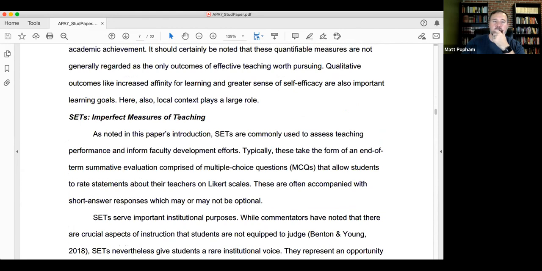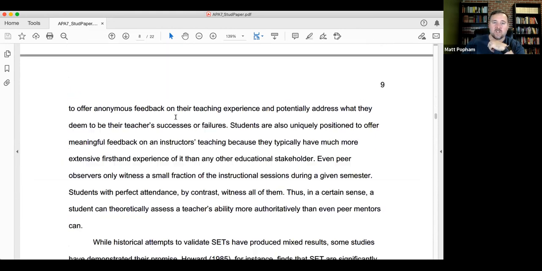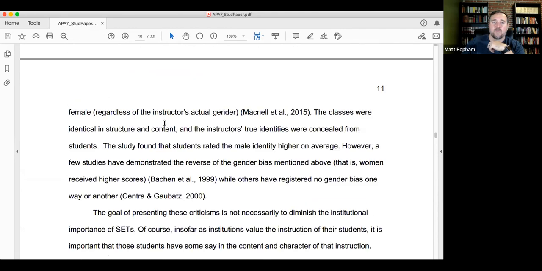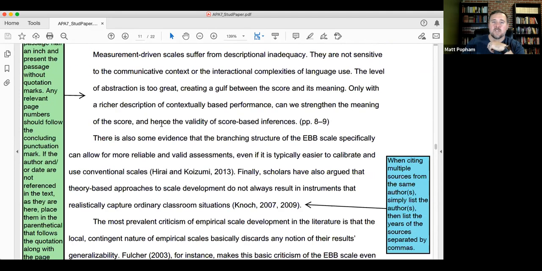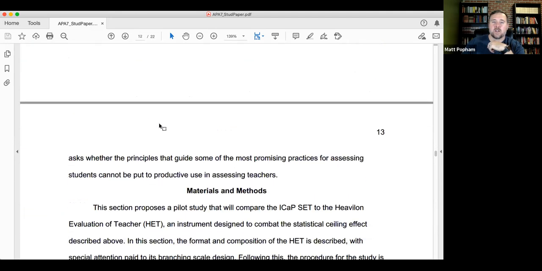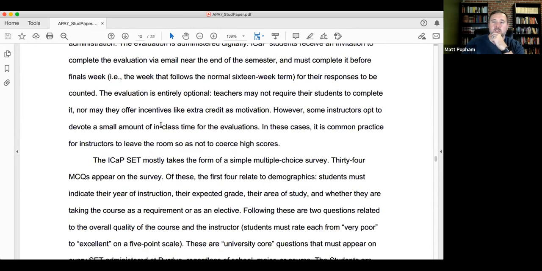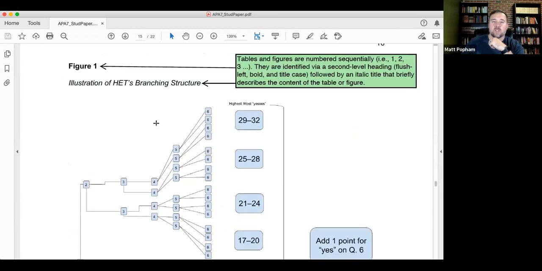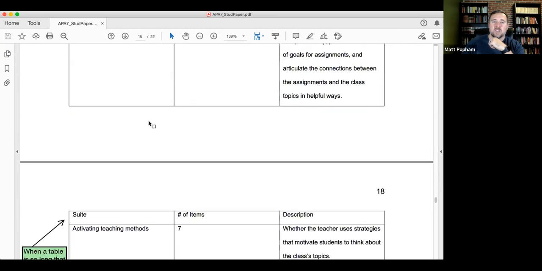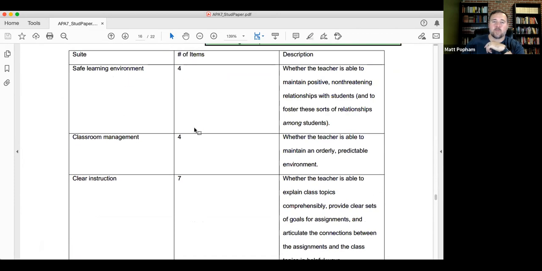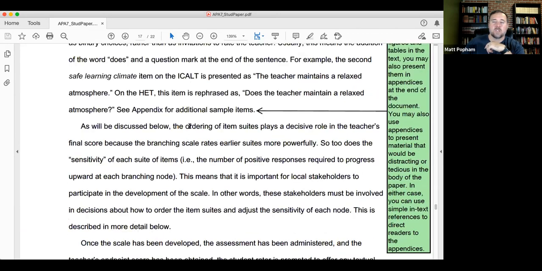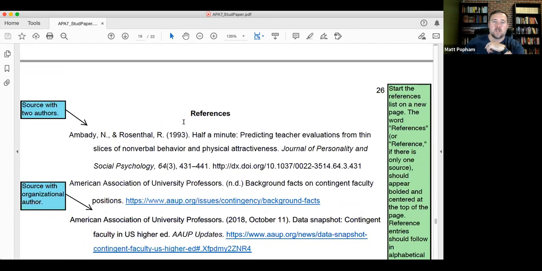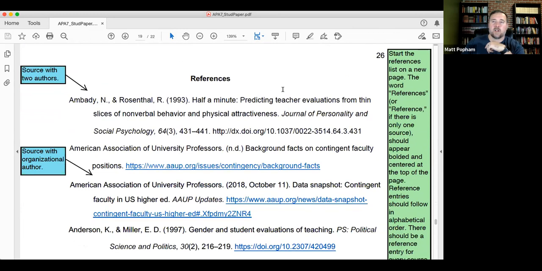All right, let's just scroll on down to the works cited, or I'm sorry, works cited. Guess I'm writing an MLA paper. To the references. So if you're using figures and tables, there's some information here on how to do that as well. I'm not going to go over that because that's pretty specialized. But here again, pretty